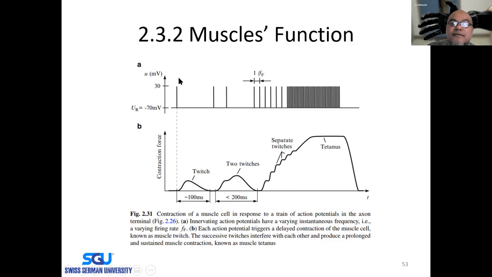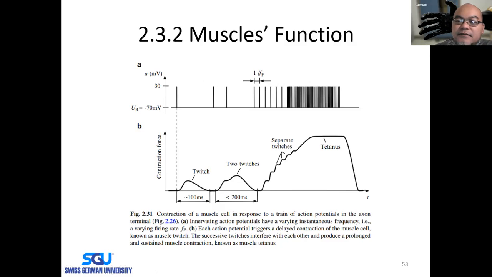In this 1, 2, 3, the frequency is very low. So you see that at the moment there is a spike or a pulse in the axon, it will cause the muscle to contract one time. There will be a twitch. When there are two pulses at the axon of the motoric neuron,